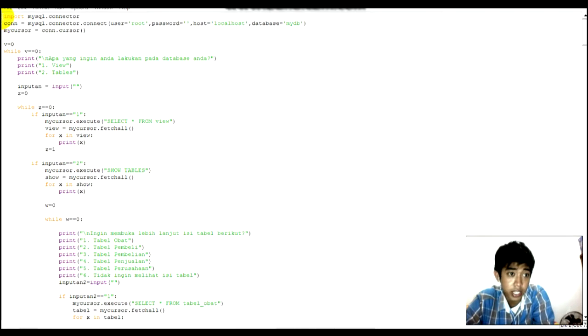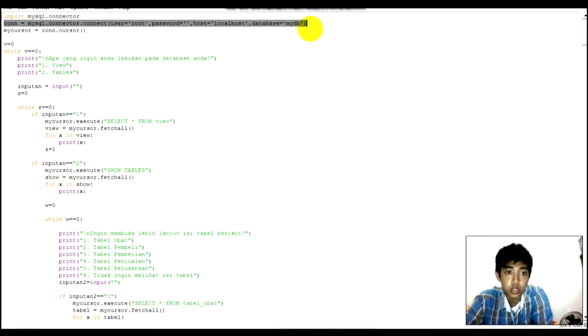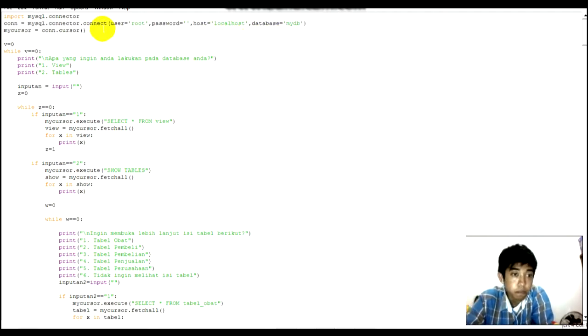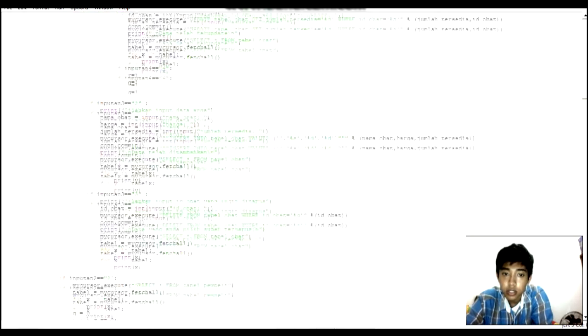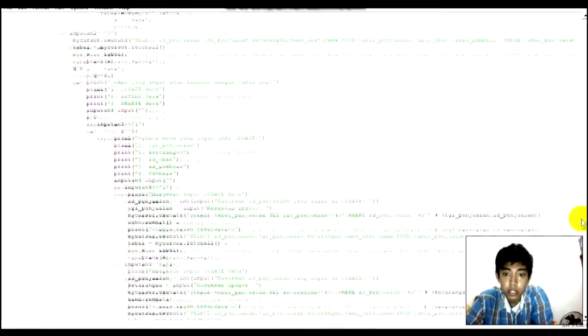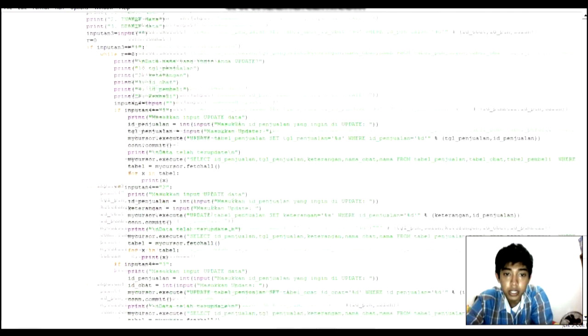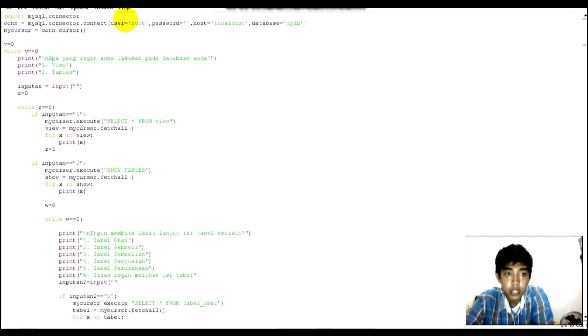And like I said, I type in the first import MySQL.connector, this is the bridge of MySQL and Python, and then I declare this to connect to my database that I want to use, and the executor and all this coding is to make it easy on my database. Let's run this program.